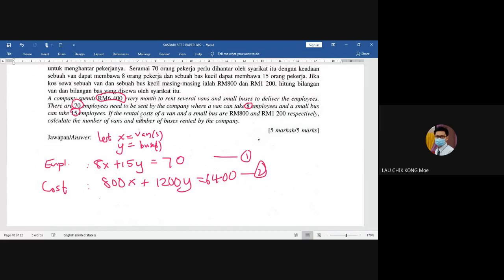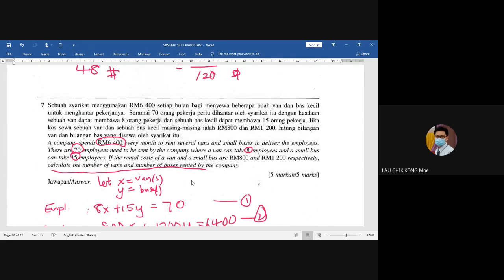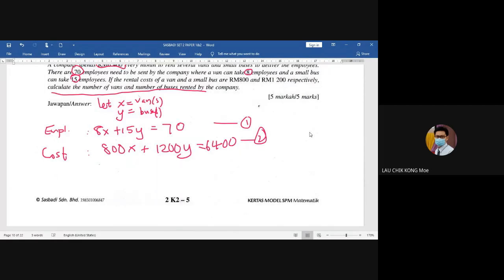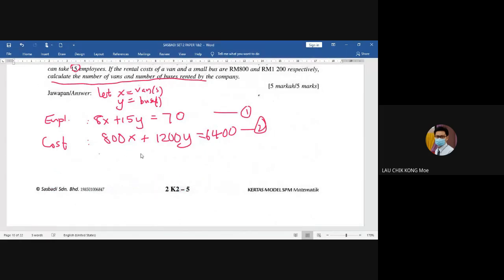And then this question only asks you to calculate the number of vans and number of buses rented by the company. So you can use elimination method, substitution method, matrix method also can, because the question didn't say. Soalan tidak kata, itu kelemahan soalan. Kalau bagi saya akan kata matrix method cannot be used because we have a one matrix equation kemudian. Tapi dia tak beritahu, so awak jawab pakai matrix method, I still give you correct. Sebab dia tidak cakap tak boleh mah. Okay, so awak selesai ya.